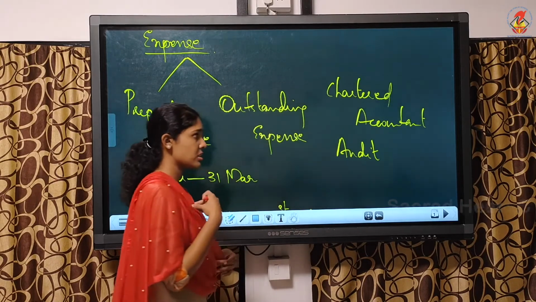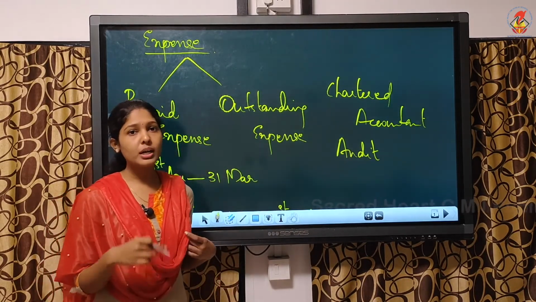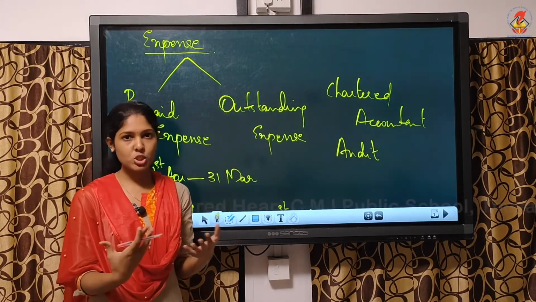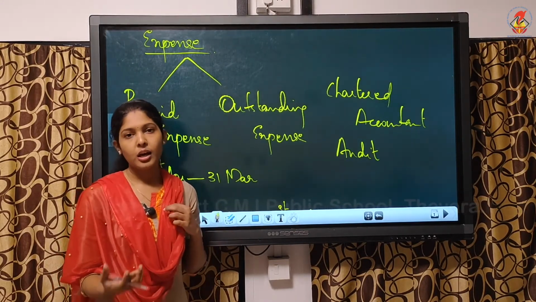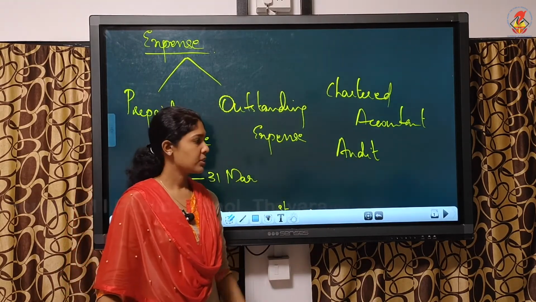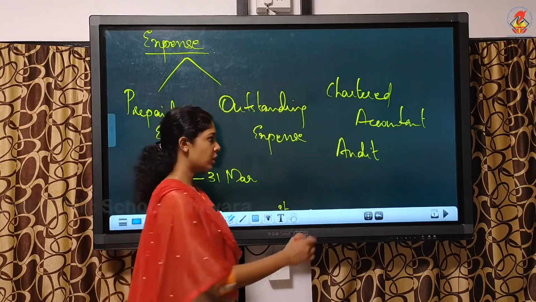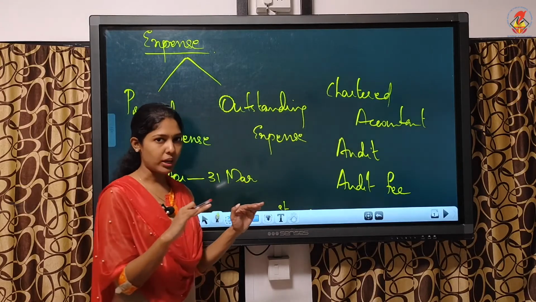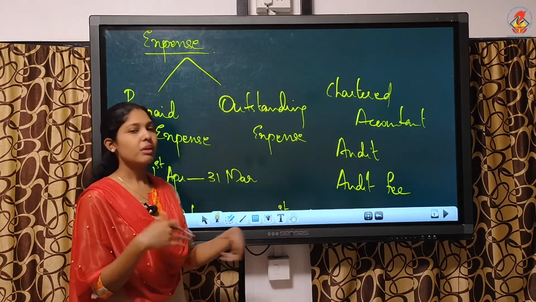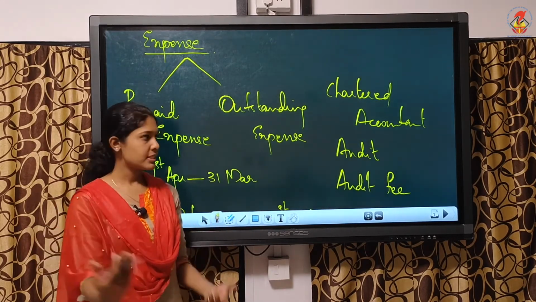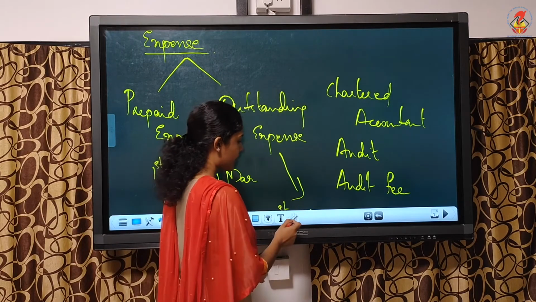So the chartered accountant performed audit work in your firm. Audit work means he checked your financial statements, he ascertained the profit and loss, he communicated it to the users, all this work he did. So we have to pay him a fee, that's called audit fee. The firm has to pay him his fee. He completed his work, everything he finished, but we didn't pay the amount. We told him that we'll pay him on a later date. That is the meaning of outstanding expense.